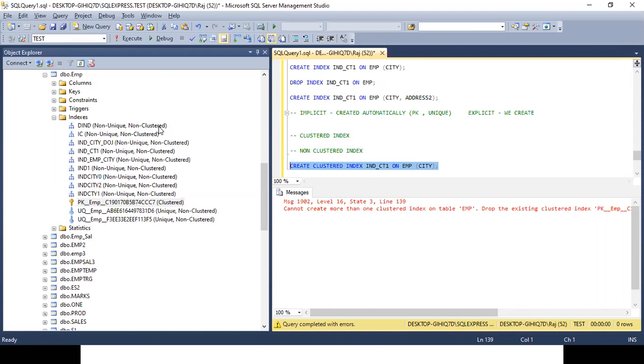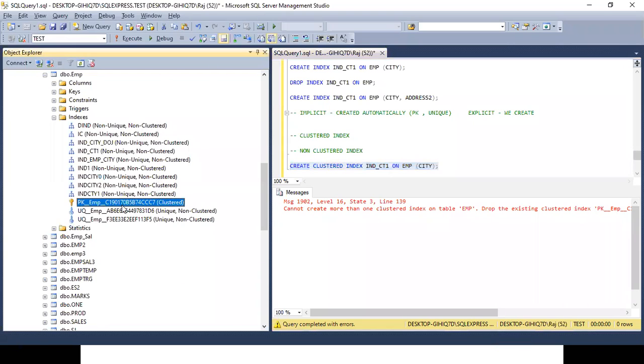So as I told you about implicit and explicit indexes, in case of a primary key, the indexing will be done, and that indexing will be a clustered index. So if you notice over here, just see the names of the indexes I have created. Non-clustered, non-clustered. Can you see non-clustered? And in this, the primary key is coming as a clustered index. So this becomes a clustered index.